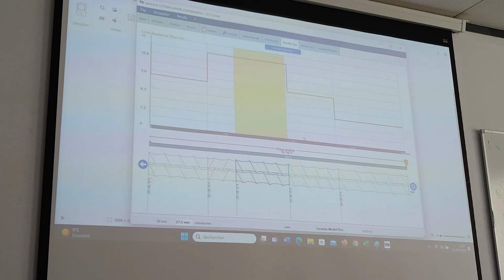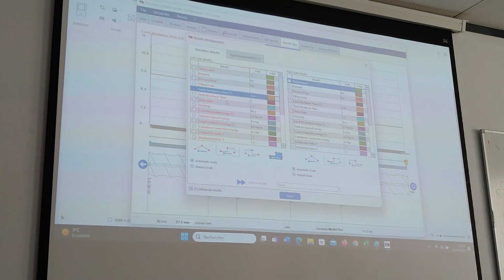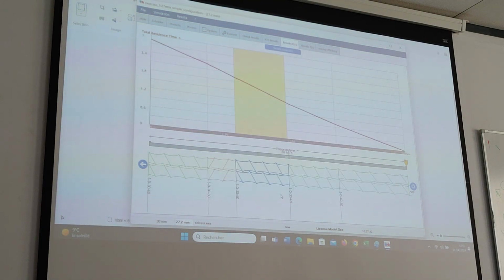The local residence time in itself is a bit hard to read, because you see the unit is a second divided by meter. So I think it's a bit easier to read if you plot it like this, total residence time, because you see the time spent inside an element. You can see in this part we have a slope. We have the same slope in this element and in this element, but it's because these elements are completely filled, and the 2D section is the same.